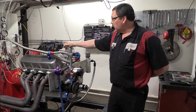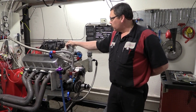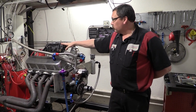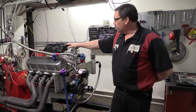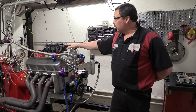Basically, we're building this for a Mud Bog / Mud Drag series. Pretty serious deal to where there's a lot of 600 plus cubic inch engines in this class as well. So basically, we're trying to build something within a customer's budget to get him competitive. We come up with a 582 combination that I think we can get there and get him pretty competitive